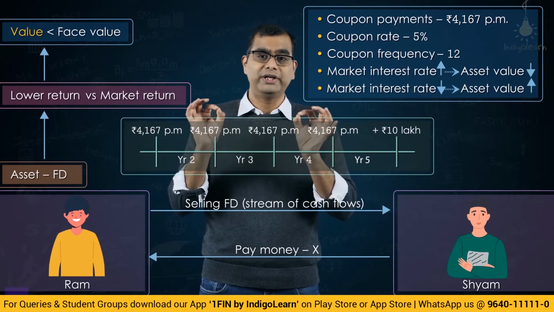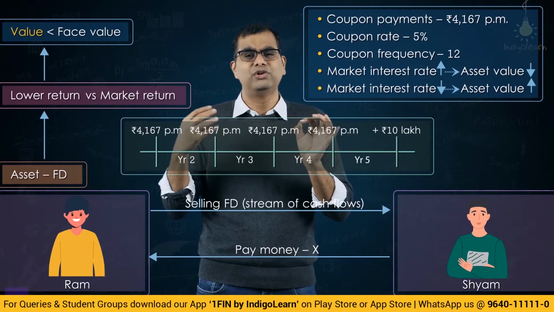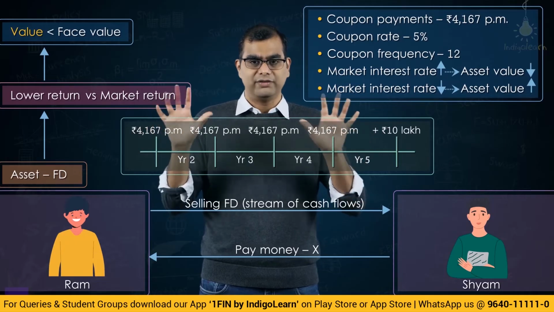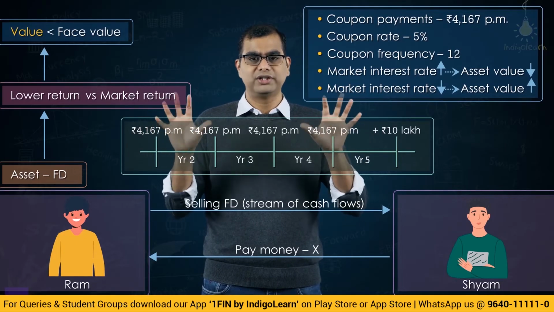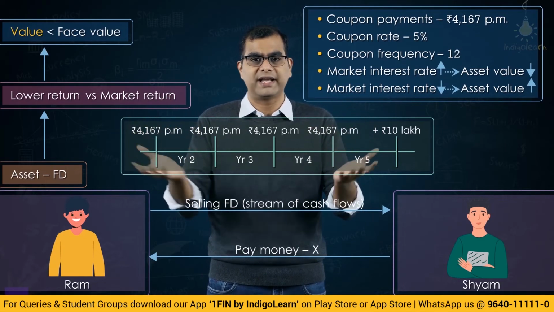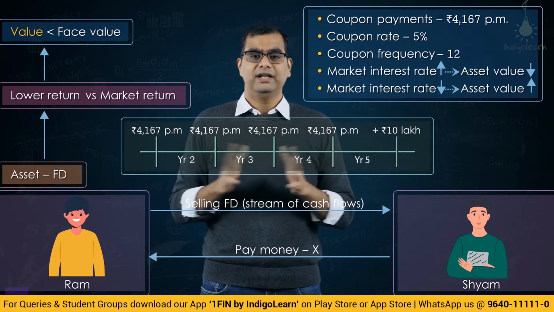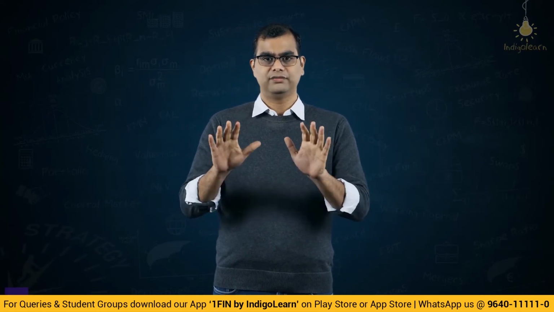Now let us go deeper, or rather I won't say fully deeper, let us go two steps deeper beyond what we have understood. If you have understood this particular example of fixed deposit and cash flows and all of that, you have understood half of this chapter. Okay, fair enough. Now let us move to the next part. So friends, as I said, let us go two steps deeper. We have understood the fixed deposit example. Now let us take a very similar example in the case of a company.